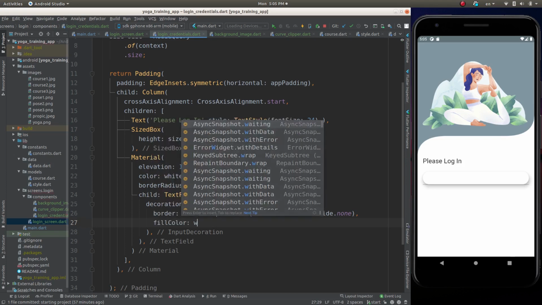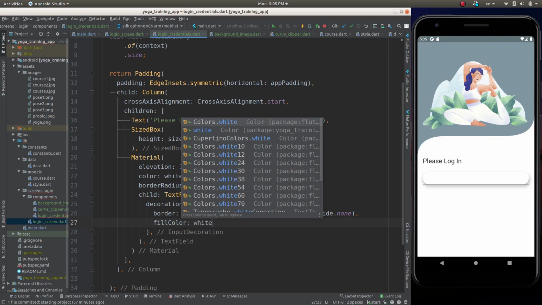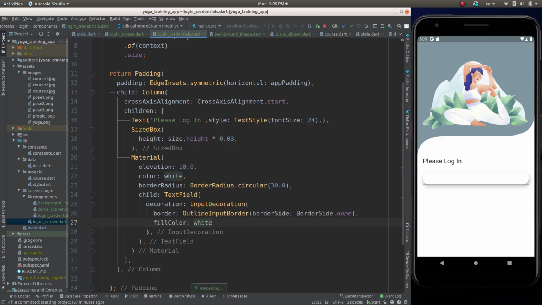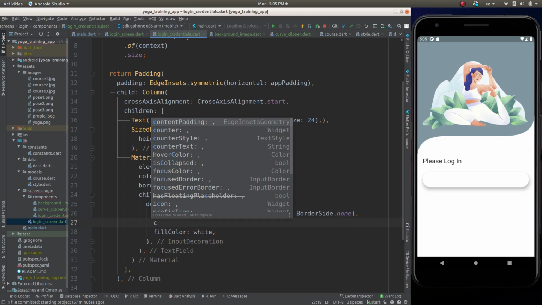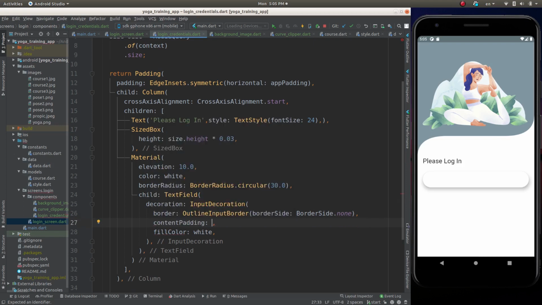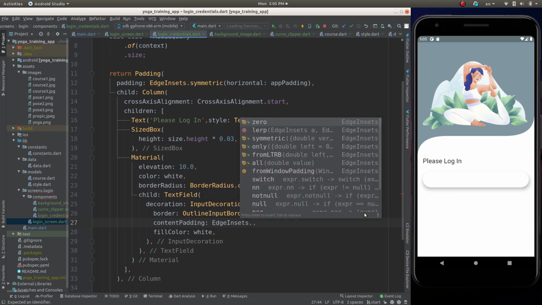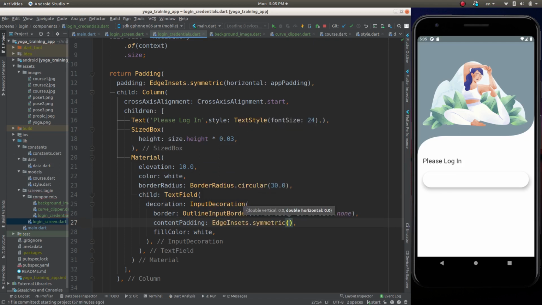Fill color is white. Okay. The content padding and sequence dot symmetric, vertical equal to padding